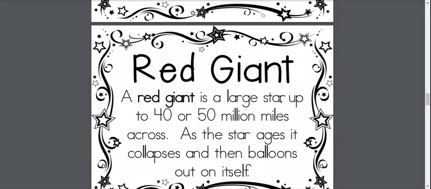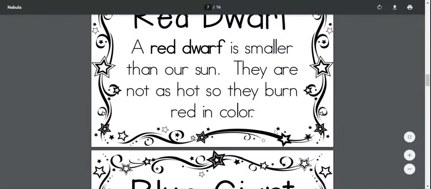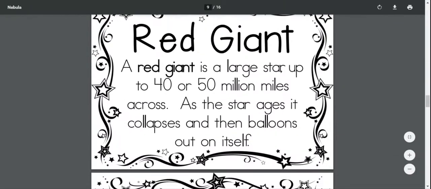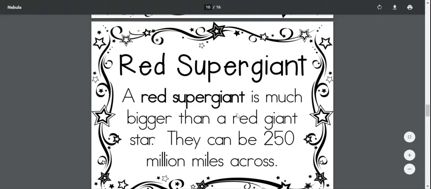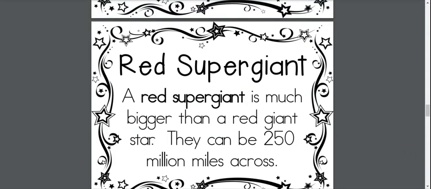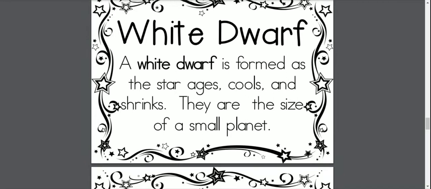But perhaps, we talked about yellow star, so it has a choice. Maybe it doesn't become a blue giant. Instead, it became a red giant. This is still a huge star, okay? But it is not as hot as a blue giant, okay? Then it has a choice. Do I want to get bigger and become a red supergiant? Again, it's a life cycle. Stars have choices. Becomes a red supergiant, perhaps next in the life cycle becomes a white